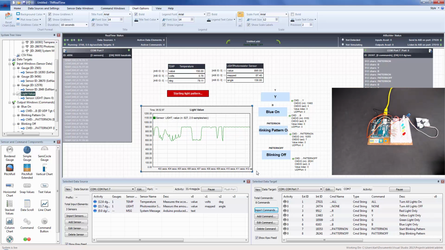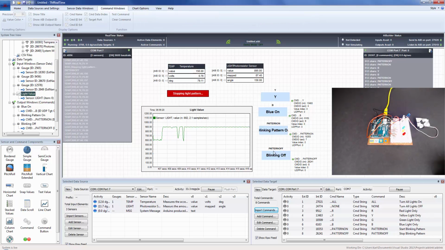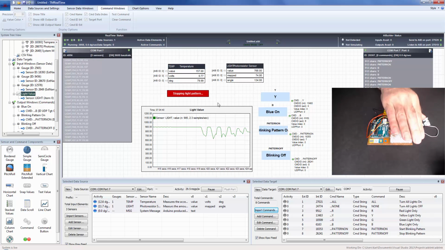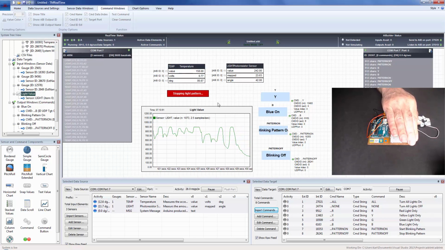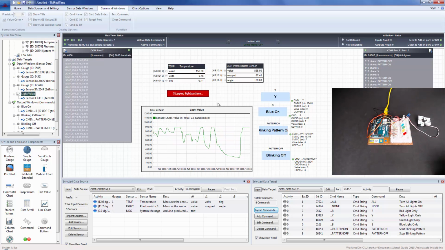Okay, so that's essentially it. I think when the blinking pattern is on, by the way, the actuator doesn't move because we're trying to conserve a little energy. So now once we've turned that blinking pattern off, we get a little bit more of a responsive actuator, and so you can see that. Okay, all right, so that's a quick overview of the technology and kind of the ease with which you can